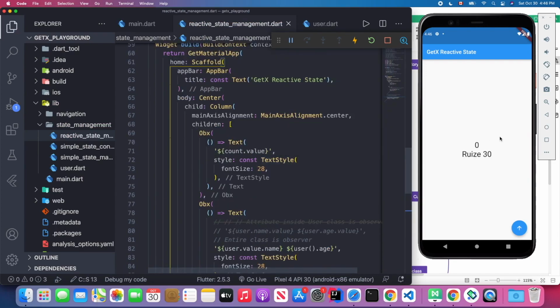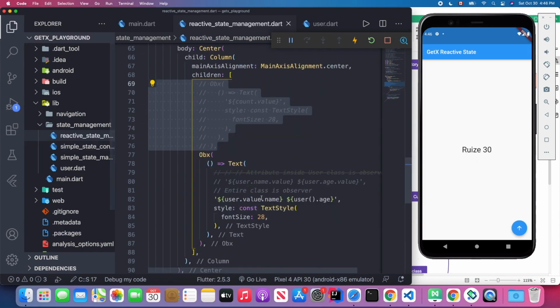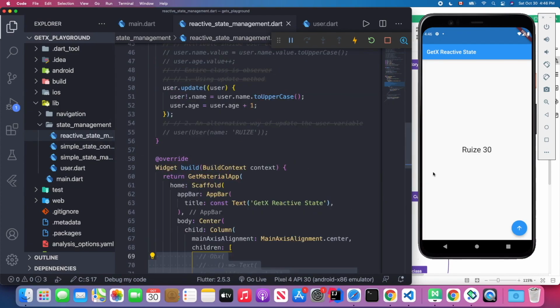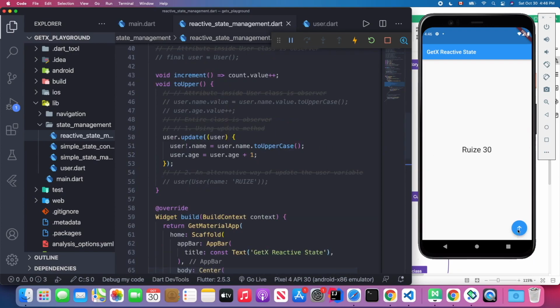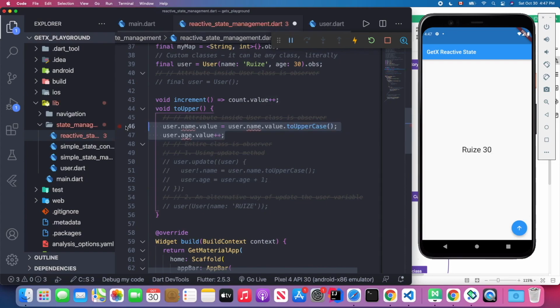And here you will see my name and my age. Because we are a custom class, right? So how are we going to update the value? For example, in this case, when I press this button, I want to make all my name capital letters and also increase my age. So if you didn't use this approach, for example, you're using this approach like what we did for our counter,